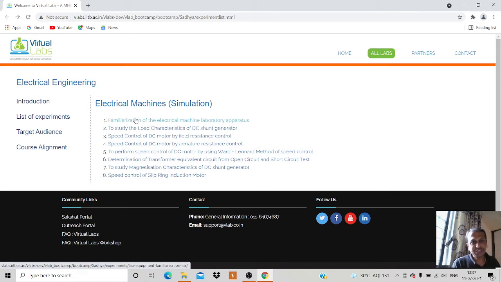In the previous sessions, we have gone through the constructional details and operating principle of the DC shunt motor.